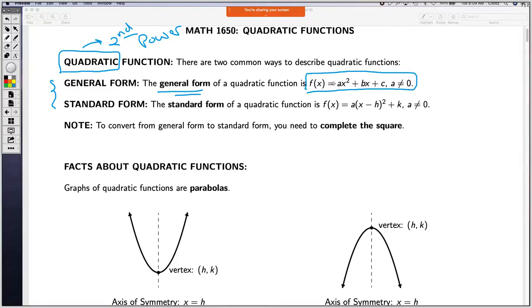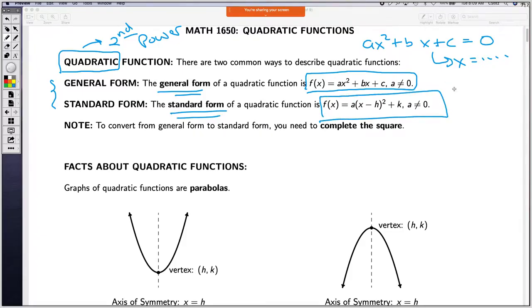So this stipulation is just letting you know that there is a quadratic term. It's a quadratic function. You may remember this is how they typically phrase the quadratic formula: ax squared plus bx plus c is 0. And then they give you a little formula for that, and we'll review that here in a minute. The so-called standard form of a quadratic is this form. And you may recognize this is the completed square